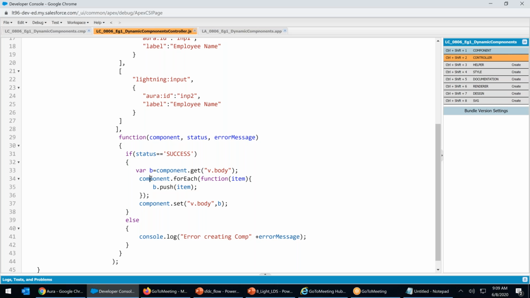Component dot for each function item, I am pushing it. B dot push item. Perfectly fine. Component dot set v dot body to b. I should be able to create it. Let's go ahead and see once again.